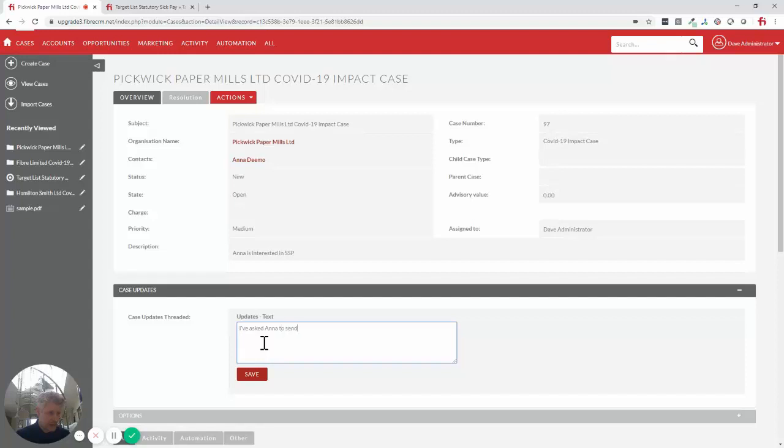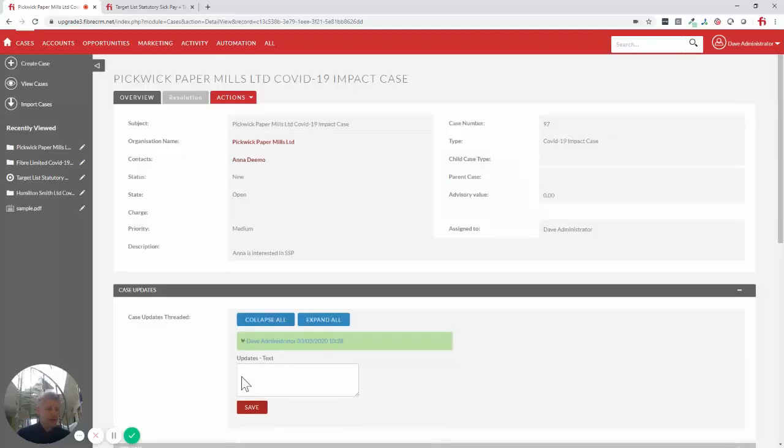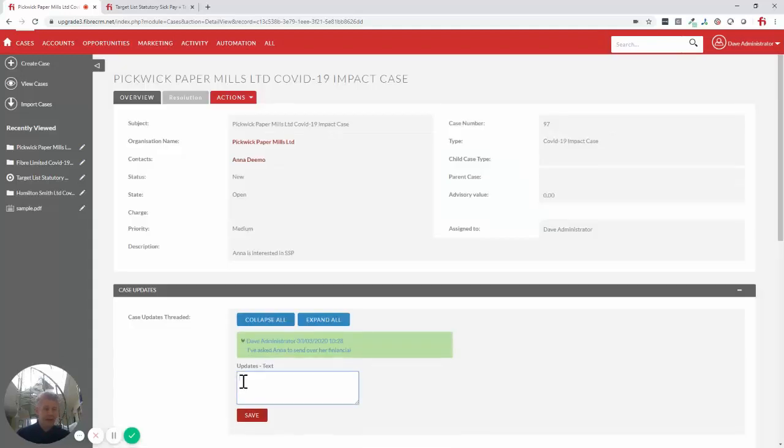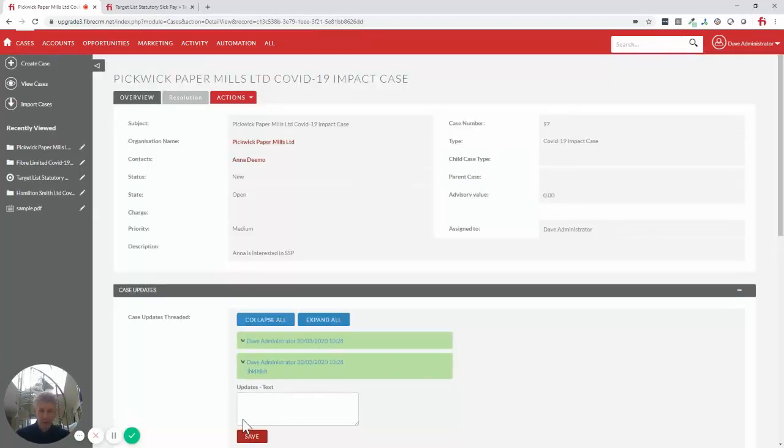So here, if I said, I've asked Anna to send over financials. Excuse my typing. Okay, so that's now going to create a threaded update, and each time we do an update, I've just done another one there, it'll just go and add the audit thread